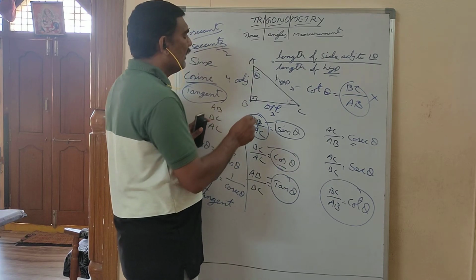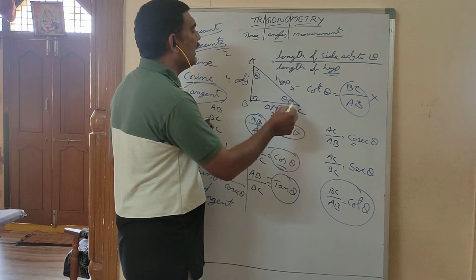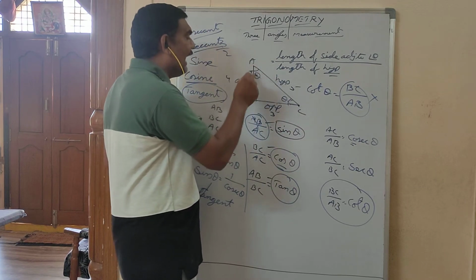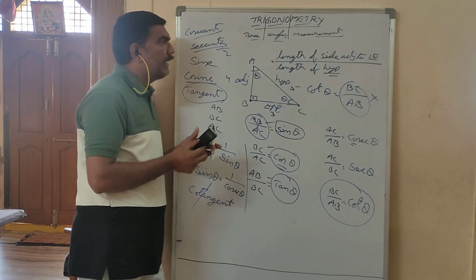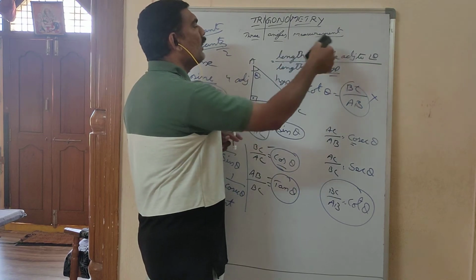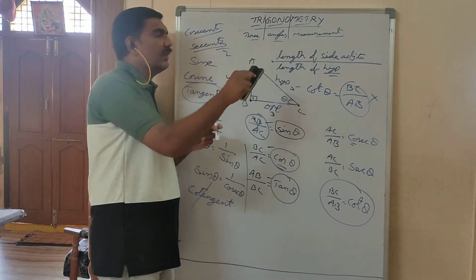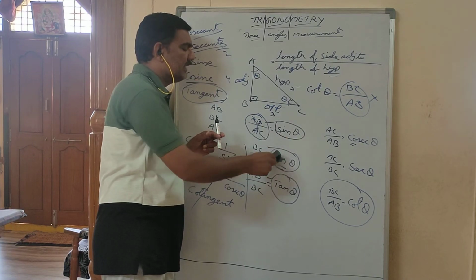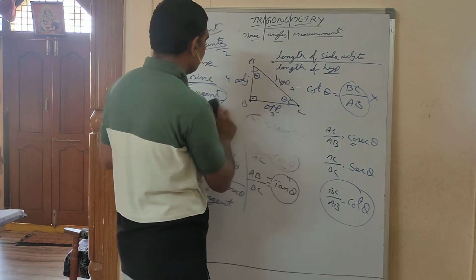Why? Because this AB is only when you are taking theta at angle C. If you are taking theta at angle A, these AB, AC will change. So it is better to read the formula like this only. Sometimes, instead of angle theta, angle A becomes angle B or angle C. So you have to learn the formula like this, but don't learn by heart sin theta as AB by AC, cos theta as BC by AC. You should not do that.